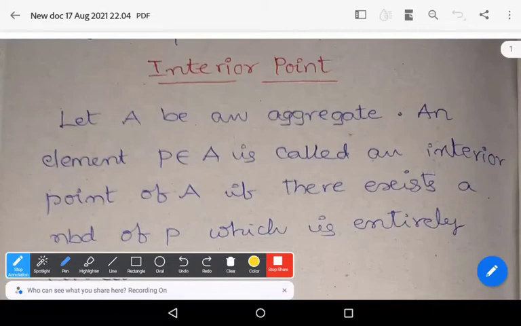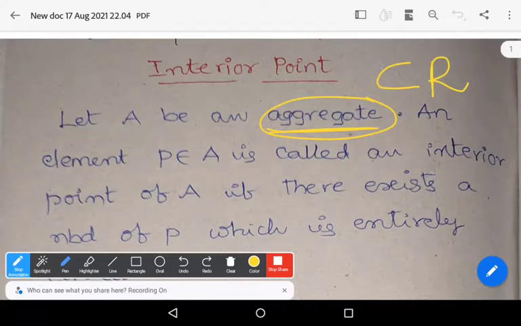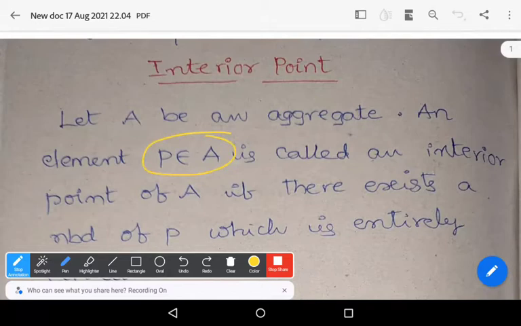In this video, we'll learn about interior point and open set and its properties. Let us see the definition of interior point. Let capital A be an aggregate. Aggregate means it is a subset of real numbers. An element P belonging to capital A is called an interior point of capital A